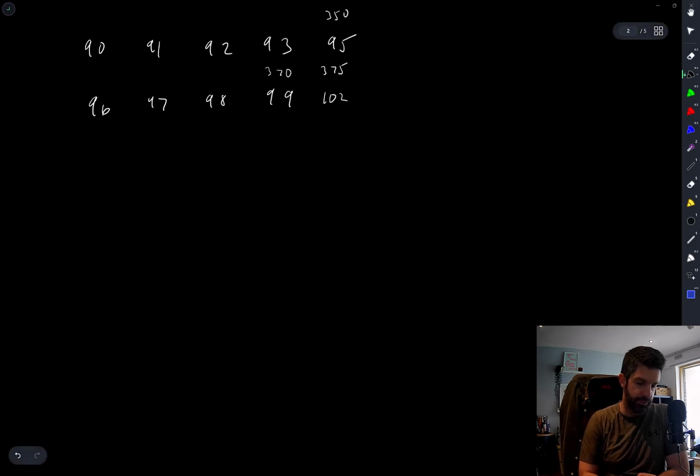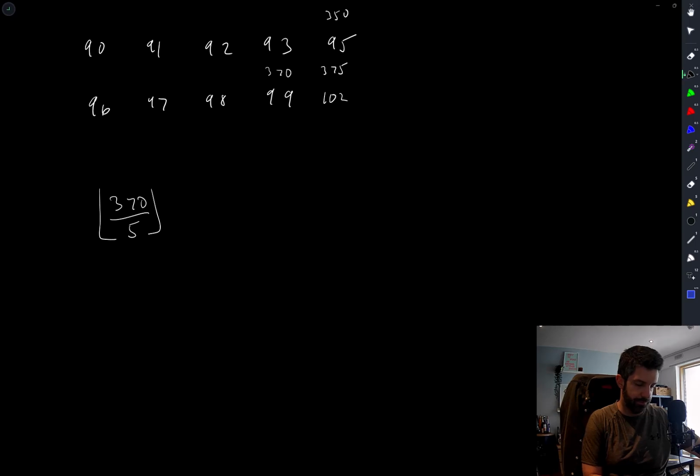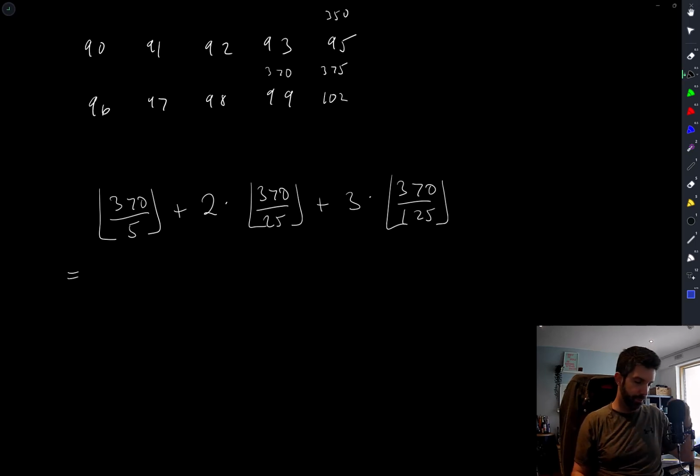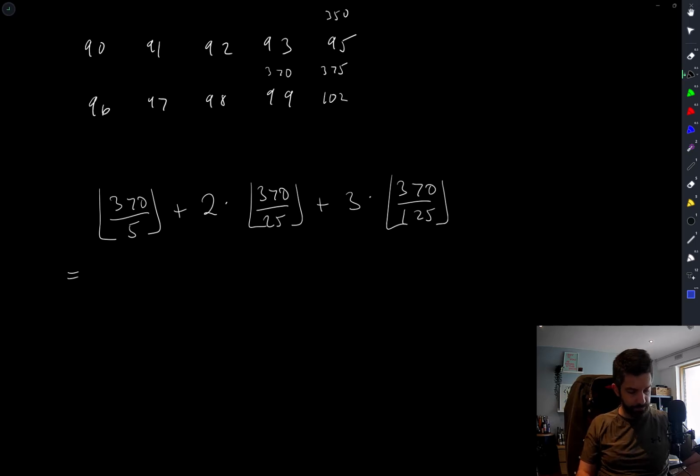370. Let's test my formula with k equal to numbers around 370. So 370 over 5 floor plus 2 times 370 over 25 floor plus 3 times 370 over 125 floor. That's equal to 370 divided by 5. Well, 350 over 5 is 70. 74